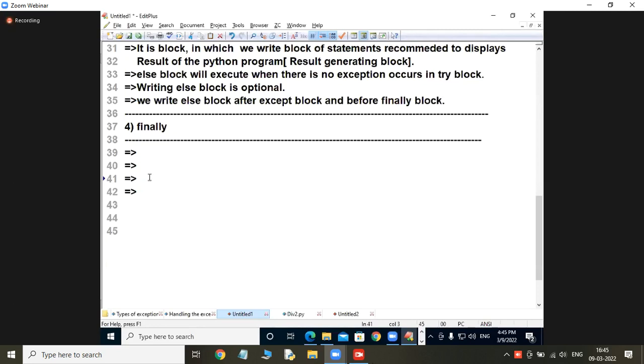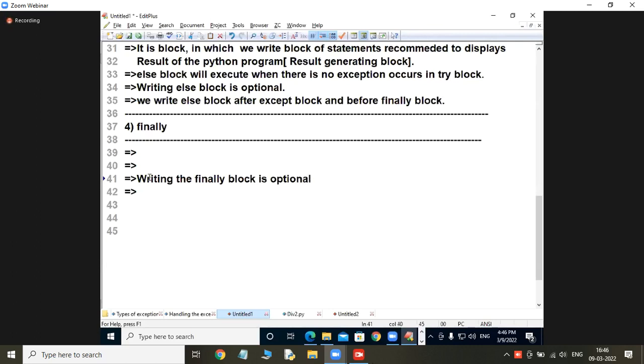Mandatory is for execution. Whenever I write the finally block, it is mandatory to execute. Writing the finally block is optional.